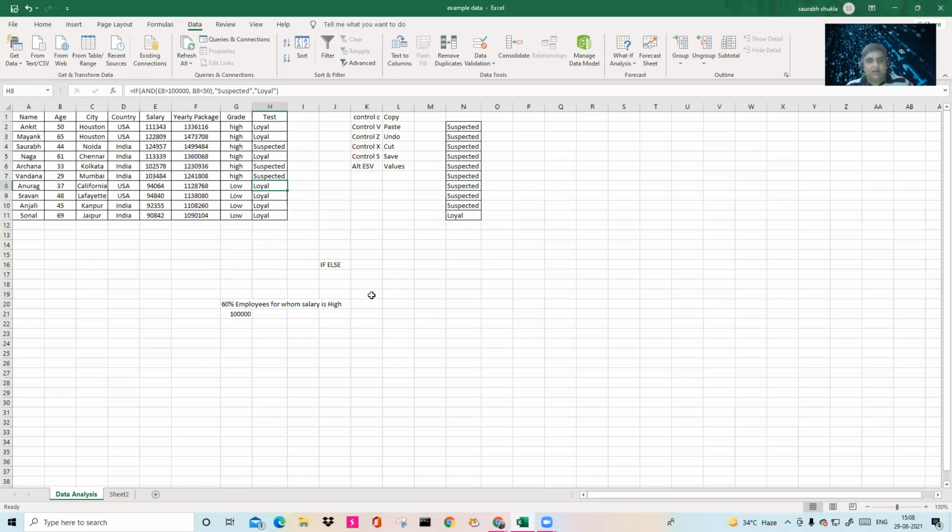Just learn these formulas, try to play with Excel. If you're new, apply this particular set of shortcuts: Control C, Control V, Control Z, Control X, Control S, and Control T. These are very important. If you learn these, 50% of the time you have to use these. And then this filter. This is very important to do anything. And the IF ELSE condition. If you master these 5-6 things in Excel, trust me, 90% of your problems will be solved and you are able to do data analysis based on conditions.